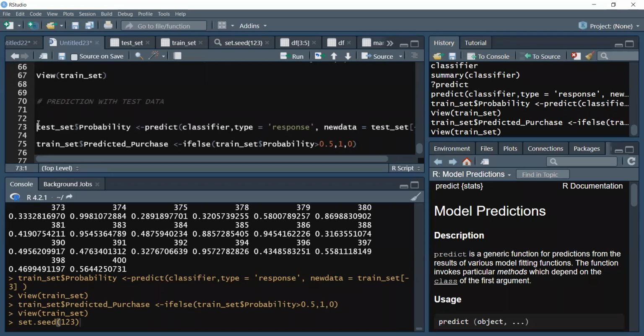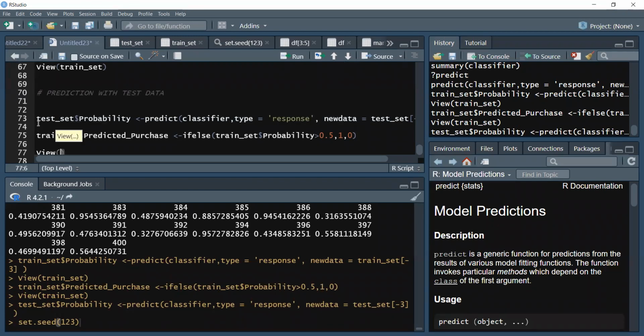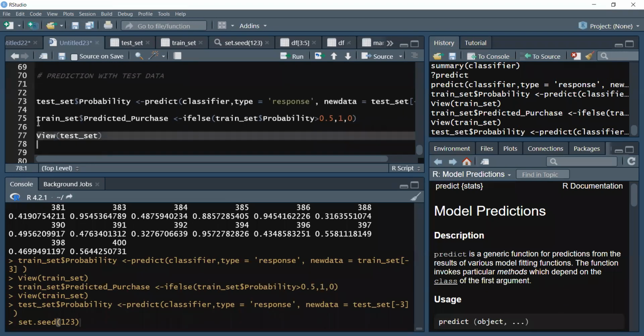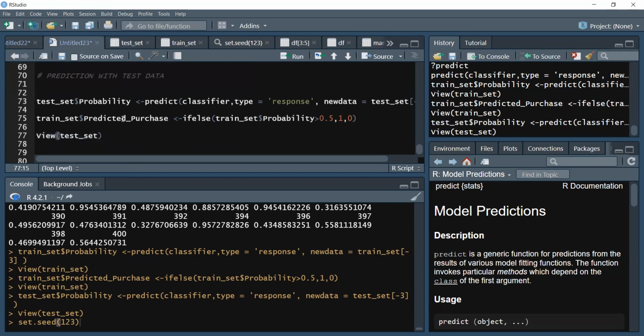Let us run and check. So let me view test sets and check if it works. Did it work? Yes. All right. So it means that this guy actually did not purchase, is it not? He predicted that there's 0 chance he will purchase. This guy actually did not purchase, predicted 0 chance. This guy purchased, but he predicted 30% chance of him purchasing. Can you see that? So which means if I use this other one to assign whether it's 0 or 1,